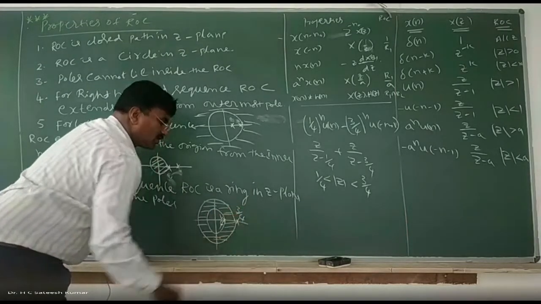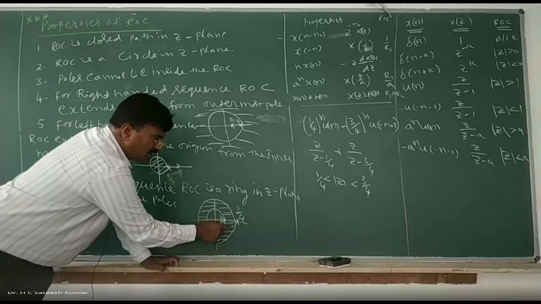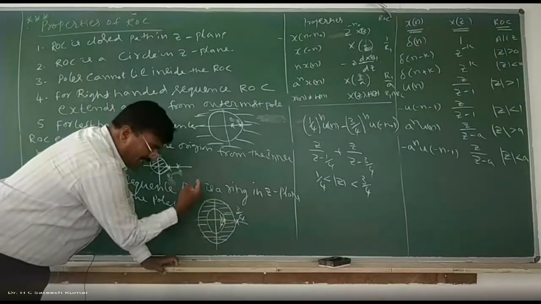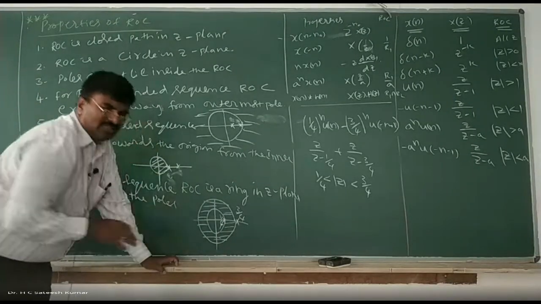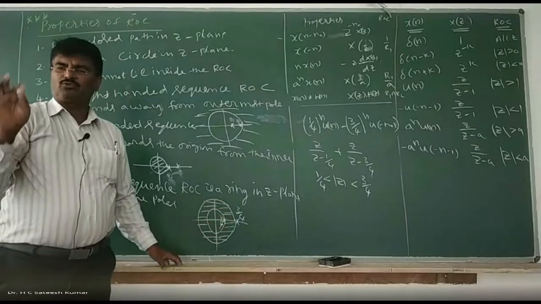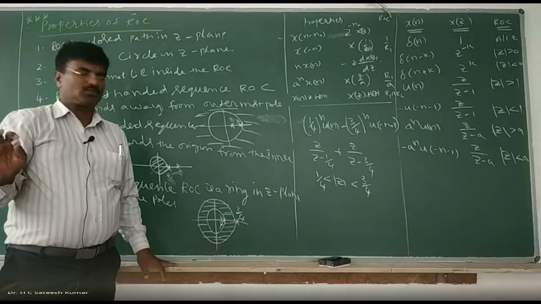Please note that at any cost, don't write poles inside the shaded region, because the shaded region is nothing but the ROC. Inside means what? In this shaded area. So it is empty space, no problem. What does the shaded area indicate? Shaded indicates that for all values in this region, x of z is obtainable. What is empty space? Empty space indicates that at those values.